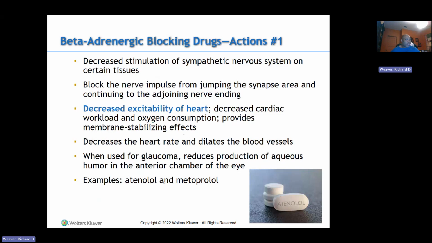Some of the example drugs that we talk about here are the LOLs, or the laugh out louds, atenolol and metoprolol. These are the old laugh out loud, right? So those last four letters,